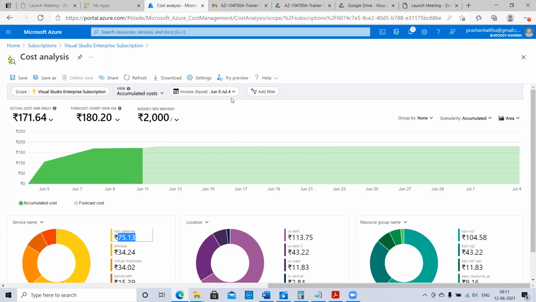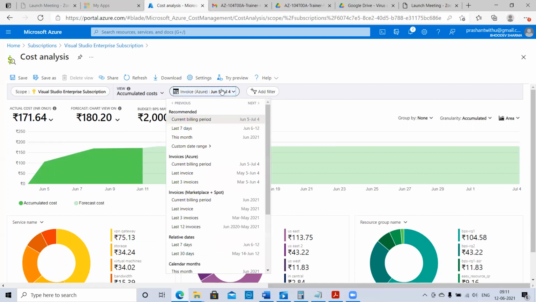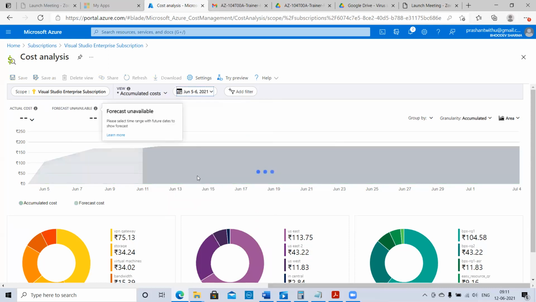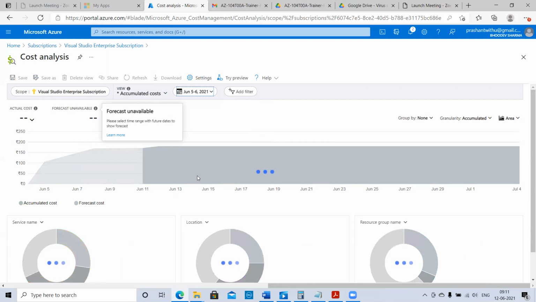Drop down this. Now you see what you want to look at: last 7 days, this month, or a custom date. You can take it here. So there are multiple options for how you want to check.